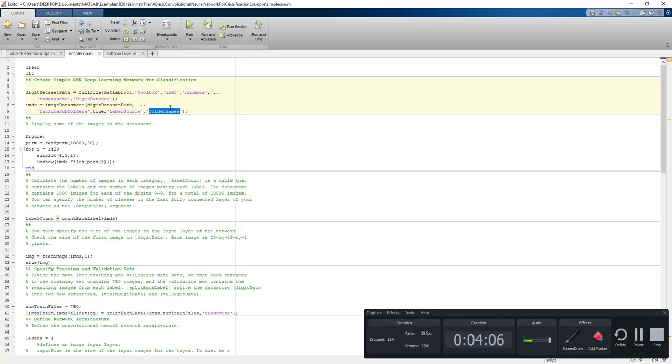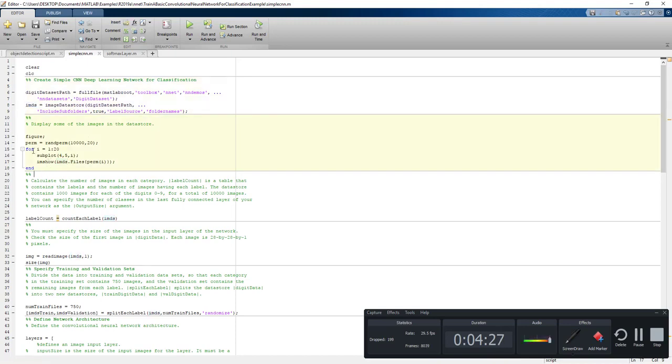Right now I'm considering the label source to be the folder name. So once I call this image datastore and pass these parameters, my imds contains the images present in the folder and each label, and all the images inside the folder are labeled with the folder name.